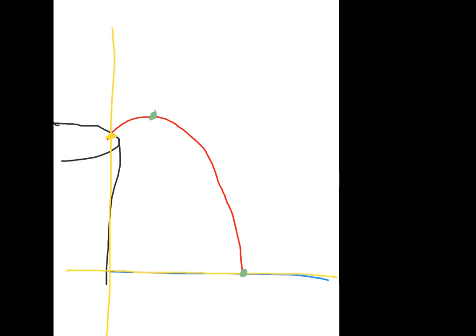Now, the interesting thing when you do it in a scenario like this is that you're going to get two values, and one of them is going to be negative. If you're trying to find this x-intercept right here, when you plug in 0 for y and solve for x, you're going to get two x values. You're going to get some positive number here, but then you're going to get some negative x value. And remember, x is representing time. So you're going to wonder, how can I have negative time?